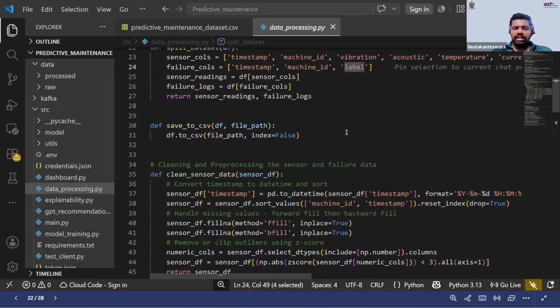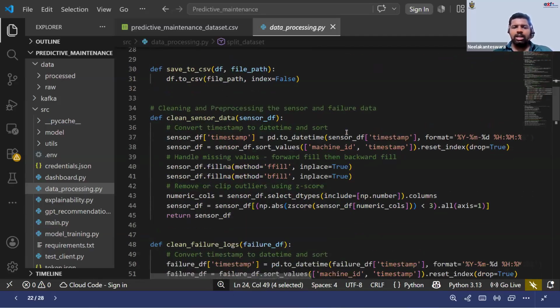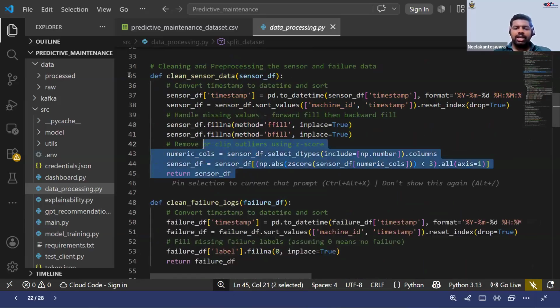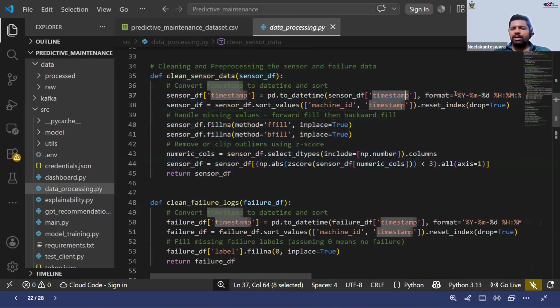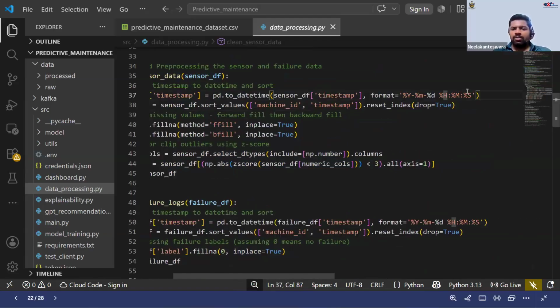That's how I split the data set. Now I'm going to clean the input data. In this data, I converted the timestamp into one particular format: first year, month, date, and then hours, minutes, and seconds.